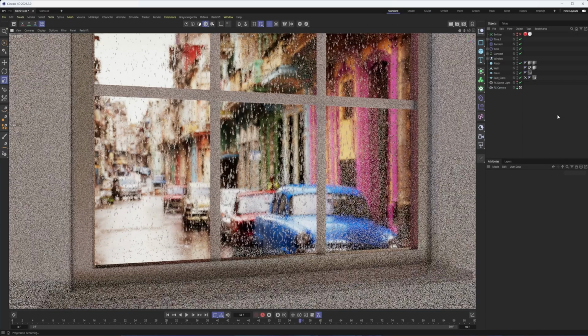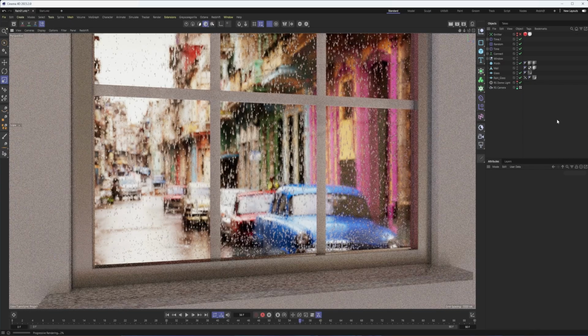All right, so this is kind of the end result we're going to be aiming for, or something similar. As I'll show you in a second, this scene is quite heavy, so I'll probably keep the droplets a little bit larger so I can use fewer of them. But essentially, what we're going to do is use MoGraph to create these droplets, to have them gently cascade down this window. It could be a can. And we're also going to use the trail they create using a vertex map to affect the roughness of the material. And so hopefully that's coming through in the preview as well.